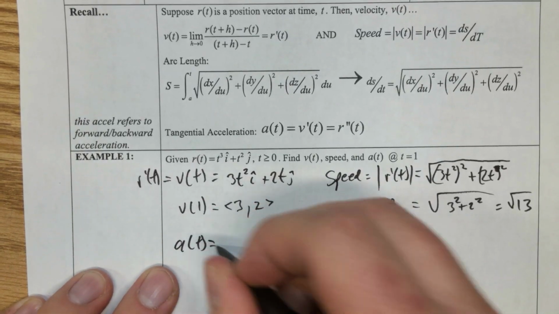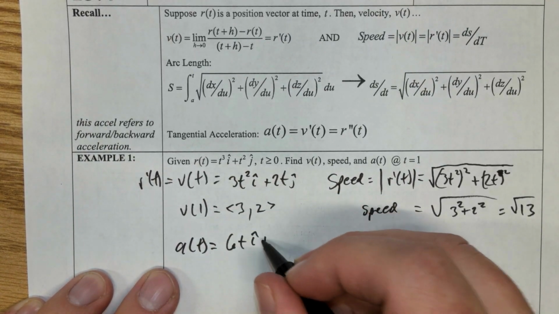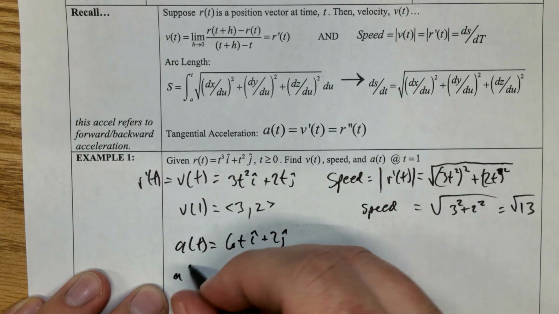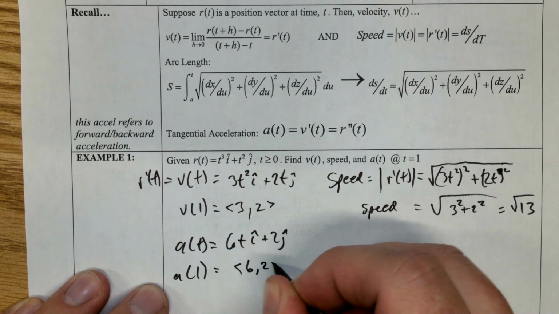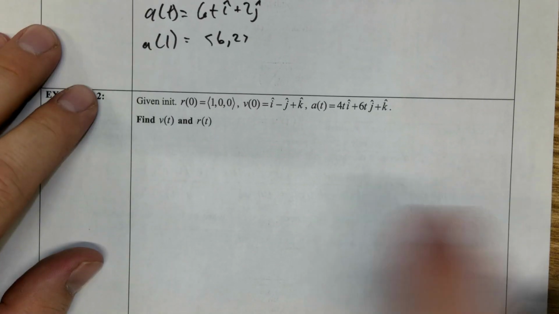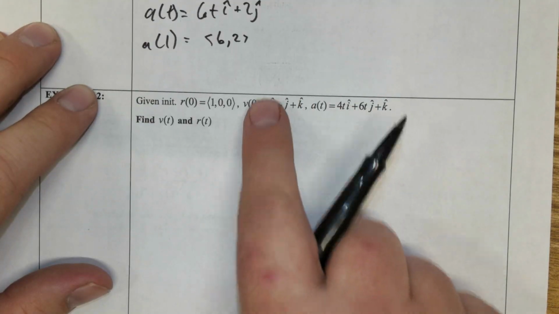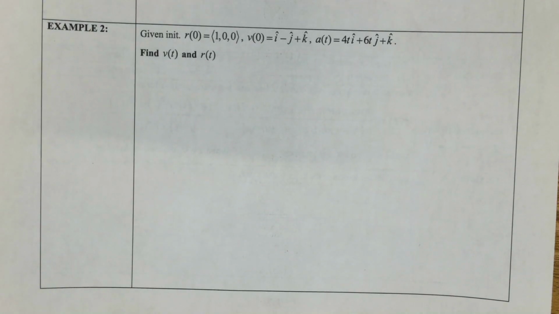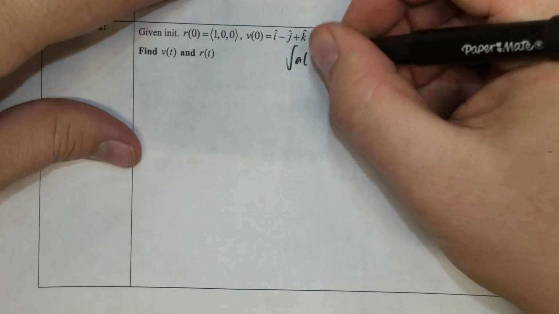Even if I went down to acceleration, we know that acceleration would be 6t i plus 2 j. And again, a of 1 would just be <6, 2>. All right, even this one, now it's starting from the other end. It gives me acceleration and says integrate your way back to position. This one is just a tiny bit more tricky than the others. Not anything too crazy because the